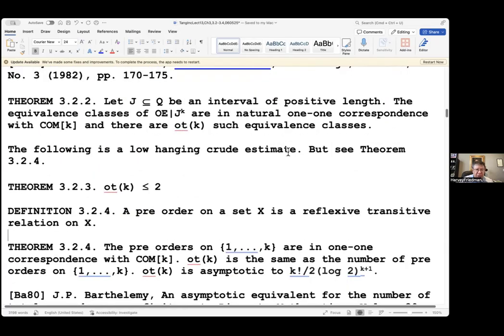So it doesn't make any difference whether you use all of Q or whether you use an interval. You have to prove that, but the interval has to be of positive length, of course. Now there's a low-hanging fruit: OT of k is less than or equal to